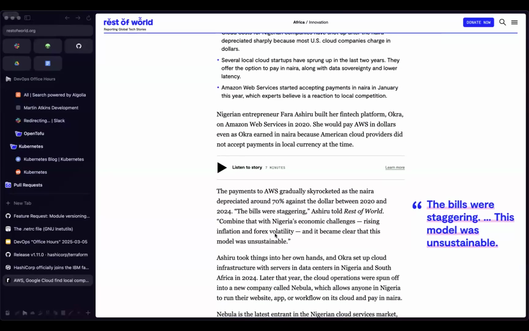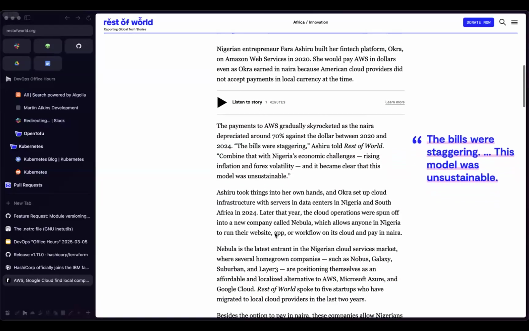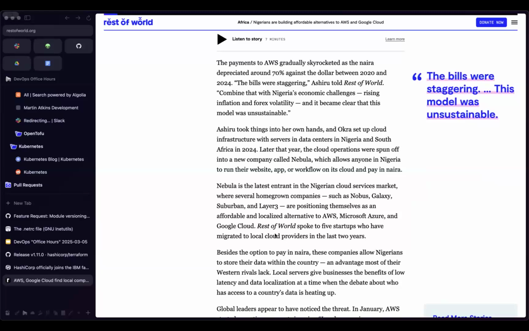And I think I might even remember the story when it came out of the Nigerian company or startup that ran into this excruciating cloud bill. I forget how many hundreds of thousands of dollars it was, which just didn't make sense for the scale of the app and the economy they were in. So this is an example of how in Nigeria, there's a market now building for local or domestic cloud providers that cater to the needs of companies in the country. And that includes being economically viable and predictable.